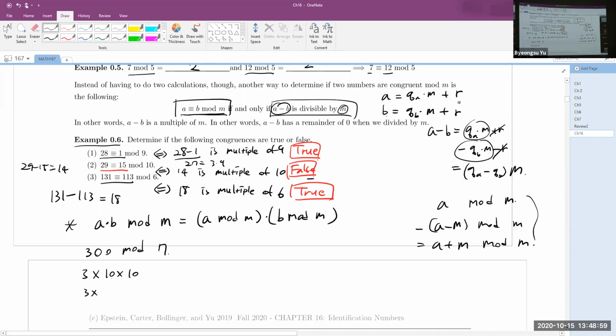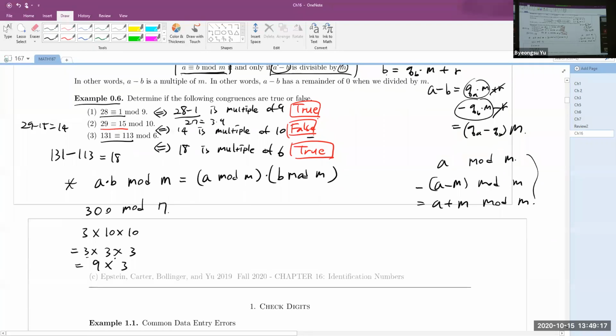And 10 mod 7 is also 3, right? Because 7 plus 3 is 10. So it is the same as 3 times 3 times 3. So it is 9 times 3. But again, 9 mod 7 is 2. So this is just 2 times 3. So it is 6,